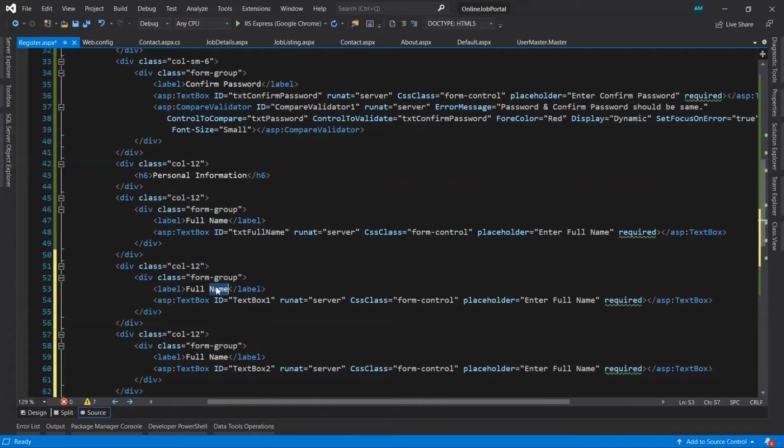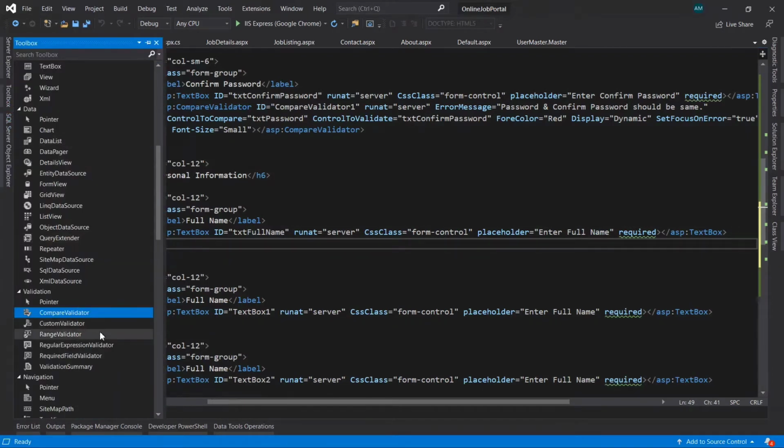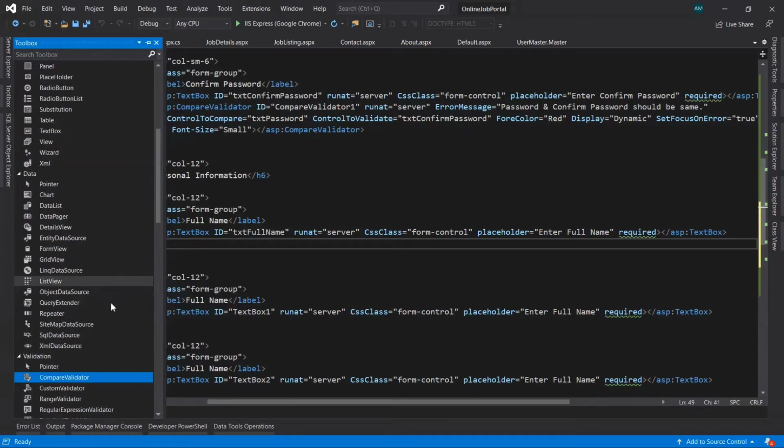Now second one. But inside this for the full name, it should allow only text, only characters, not any digits or numbers. So that's why we need to take here a regular expression validator. So it should validate the input value.